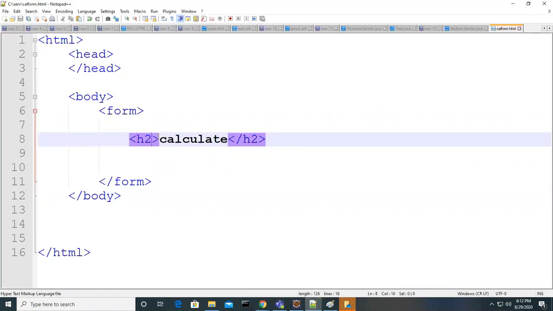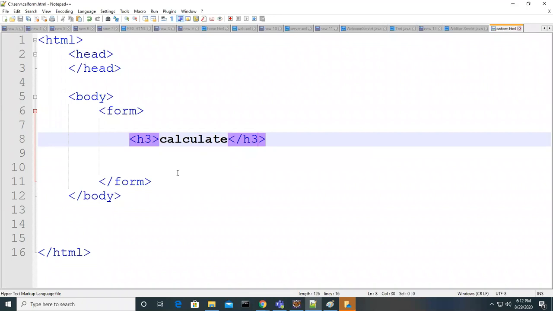Okay. If I do H3 tag and click on this, it got small like that. So like this, you can use up to H6. As soon as you change this tag, the size will reduce. That's the thing. Okay. So it depends what size you want to use.